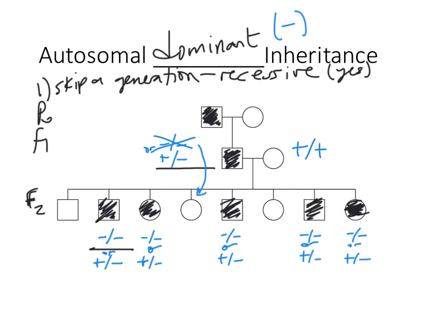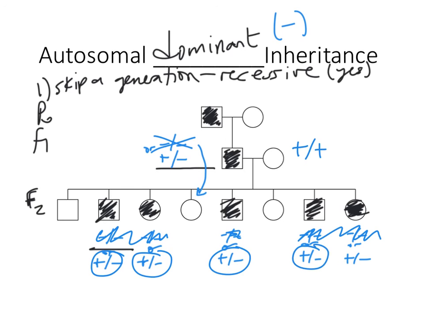Is there any way for any of those F2 kids to be minus over minus? No, because we already figured out that mom has to be plus over plus. She doesn't have any minus to contribute to her kids. So the genotypes, if this is being transmitted in an autosomal dominant pattern, are those genotypes of those individuals. We work it out based on